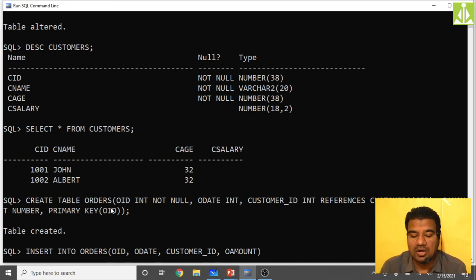So orders values. Order ID, some 3001 I'm taking, then order date, some 2nd February 2021, or 22nd February 2021.